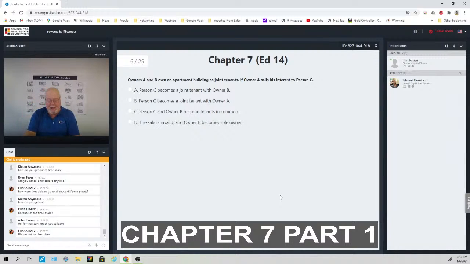You have to do some critical thinking here, guys. Owners A and B own an apartment building as joint tenants. If owner A sells his interest to person C, then